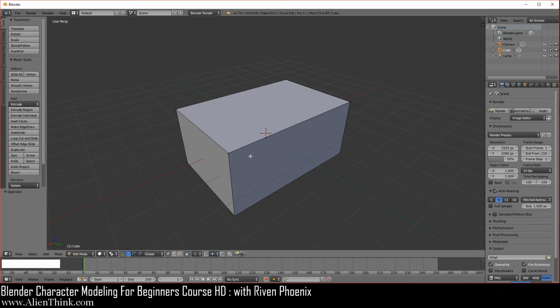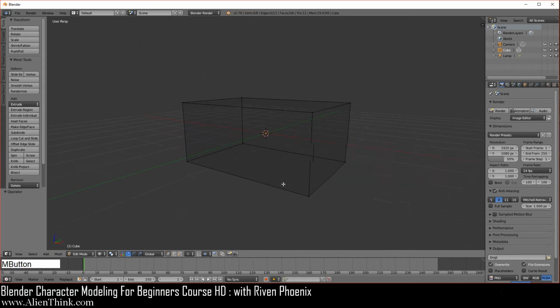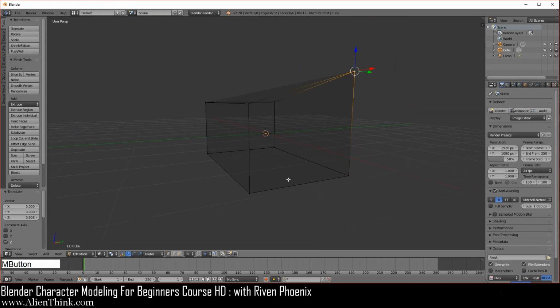Okay, so now over here you can see that we can also change the way this object is displayed in the 3D view. So over here, if you click on this, you're seeing that it says solid. You can also do wireframe. So now you can see how this object looks in wireframe. I'm using the middle mouse button to rotate over here. So I can click on this vertex. Remember, I've switched over here to vertex. I can click on this to see how this vertex will change, and you can look at this from any